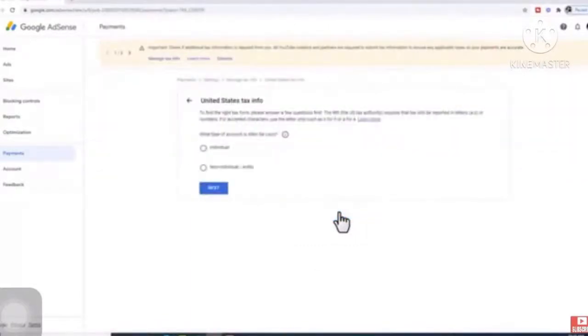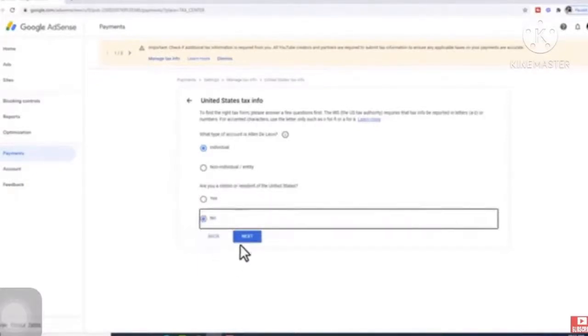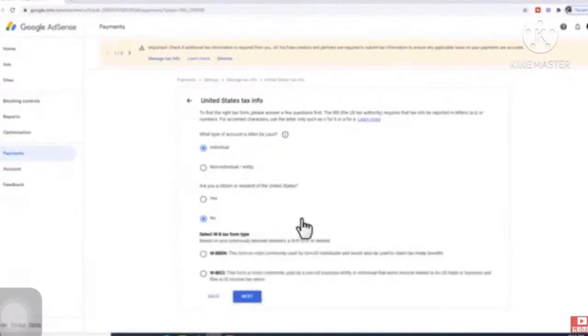Okay, so ang first question is, anong klaseng account ba to? What type of accounts? So, individual or non-individual? Definitely individual, then i-click natin yung next. Are you a citizen or resident of the United States? Definitely hindi, so no. But if you are, then kailangan i-check na yes. So, click next. So, next, ang i-click po natin itong